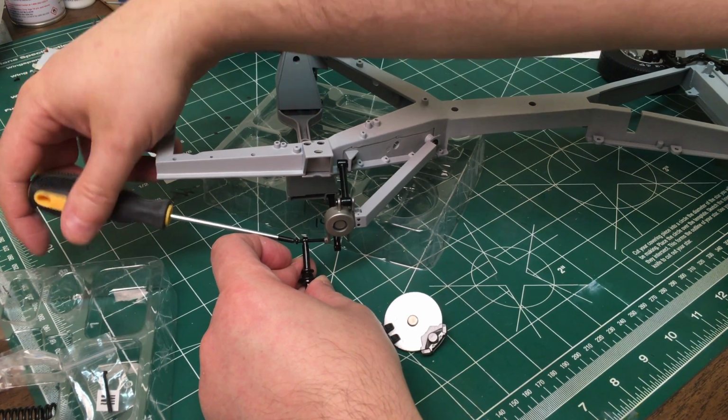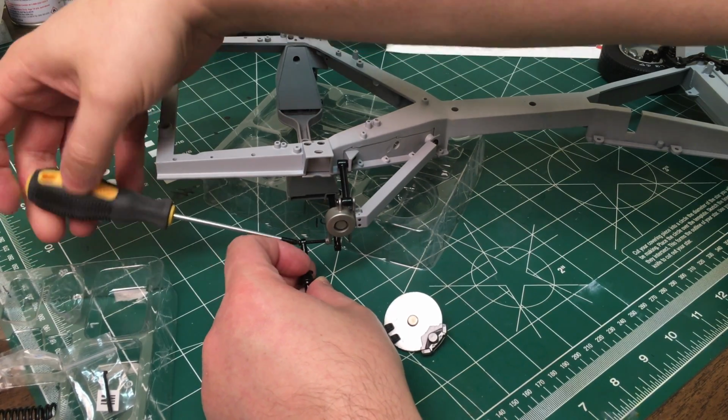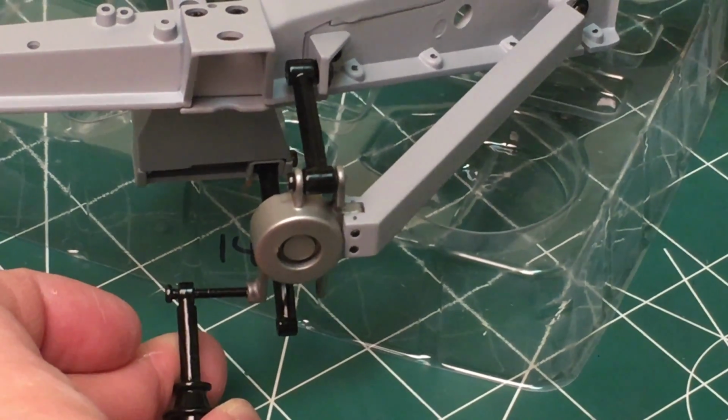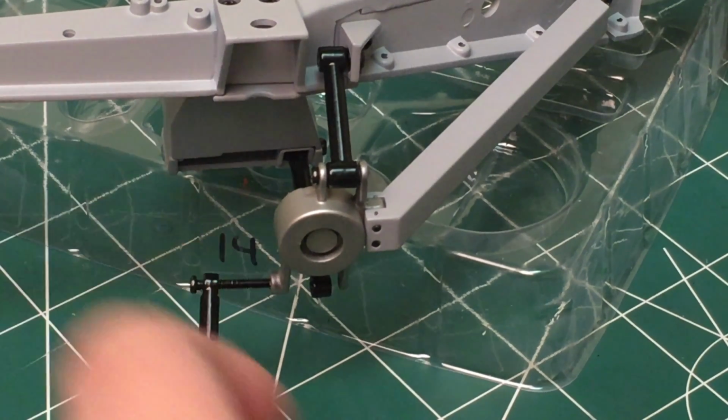Just want to screw this in a little bit so I can see it. I want to see it coming through on this inside bit here. See if I can zoom that in for you guys. Now once we get to this point,